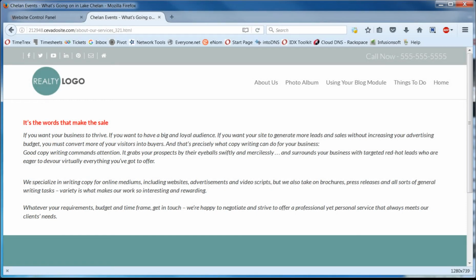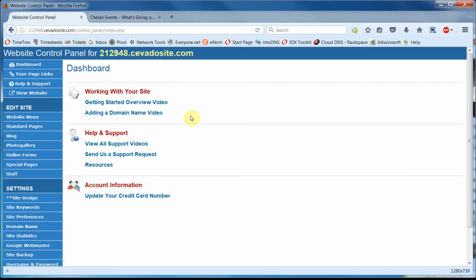In addition to the simpler text formatting we covered in our basic text formatting tutorial, there are some more advanced options. However, we suggest using these somewhat judiciously, as the more font sizes and styles and such, the messier your site can look. Now, we're going to assume you've logged into the control panel, and we're going to go over here